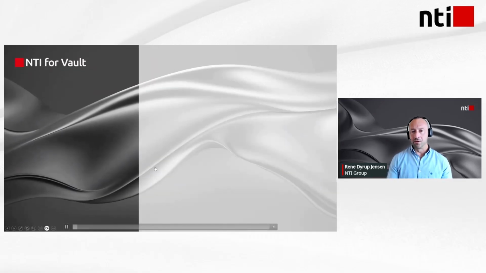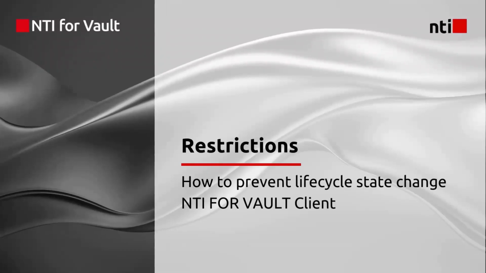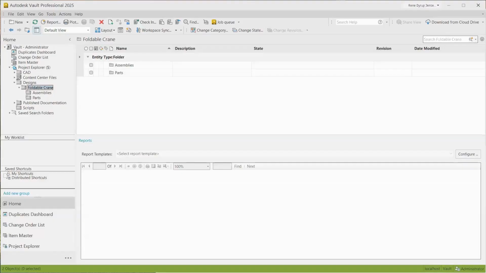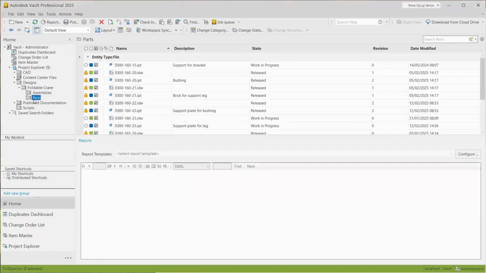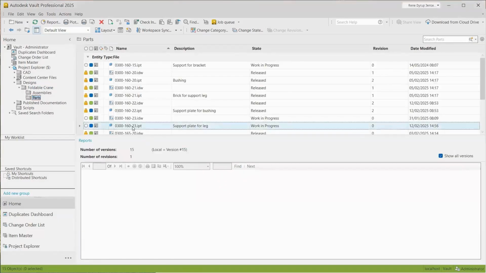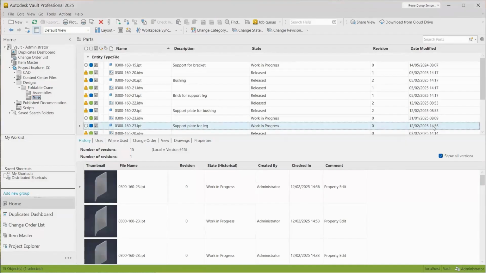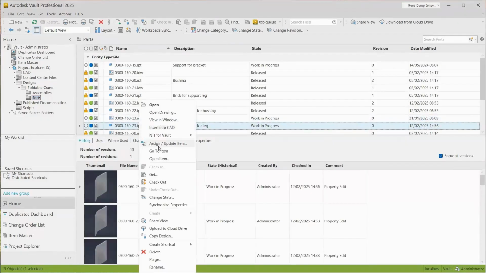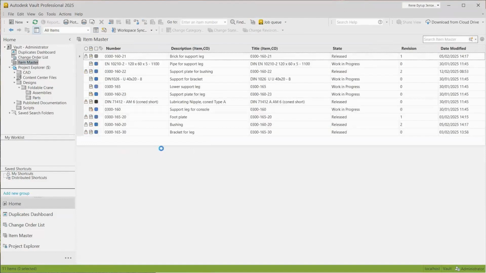So if you as a user try to change state on a file or an item, and that specific instance doesn't fulfill the conditions for the lifecycle state change to take place, we can actually expose that for the user. So in this case, I have made an example where I have changed my model, but I forgot to update my drawing.